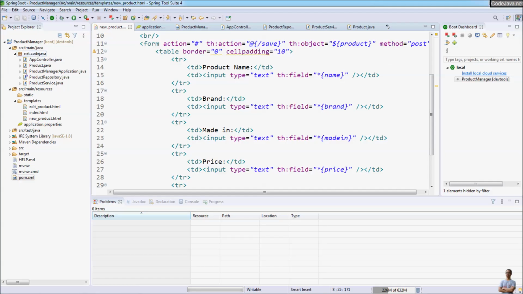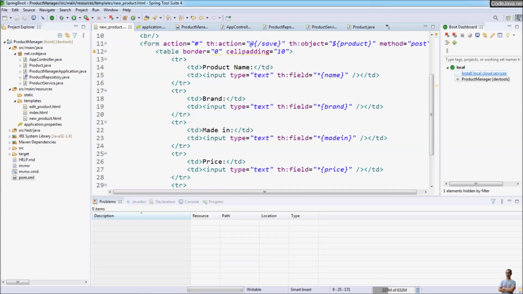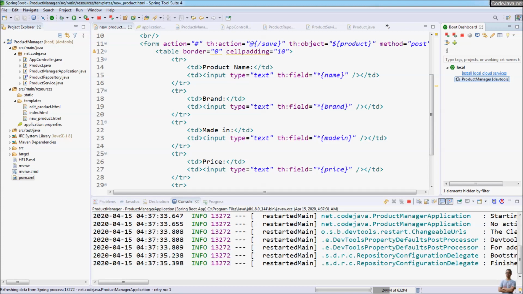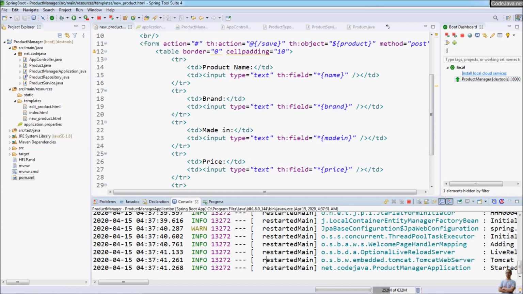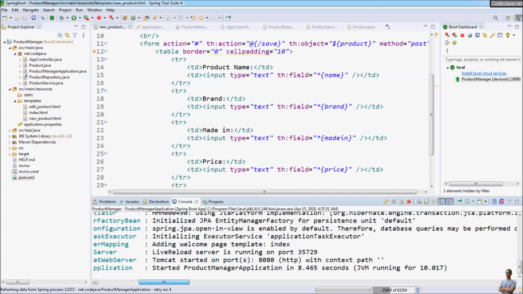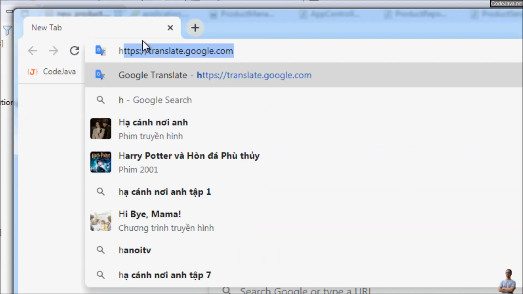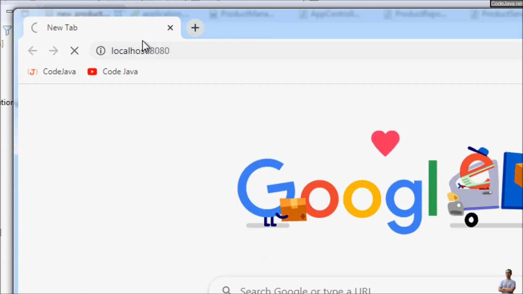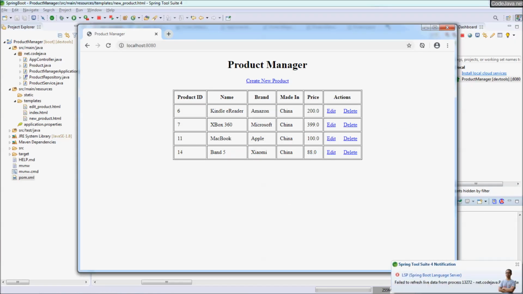Here is the Spring Boot project, Product Manager, in Spring Tool Suite IDE. You see, let me run this Spring Boot application. This Spring Boot application needs to be secured. Okay, the application is up and running, and we access the application at localhost:8080. You see, this is a product manager application,